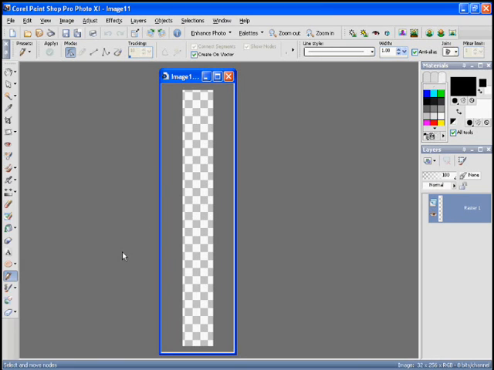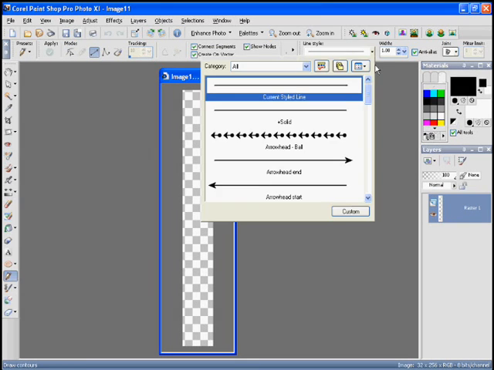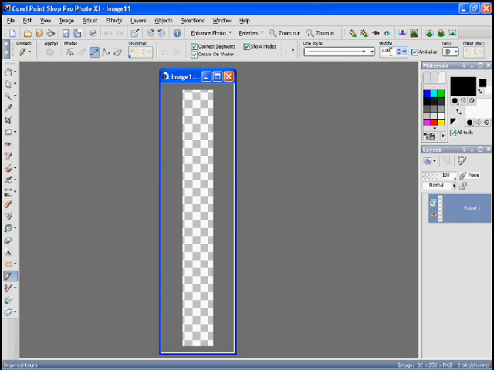What we need, though, to draw the hand, I'm going to use just a simple arrow shape for our hand. So I need to use the pen tool. I'm going to choose the straight line mode. I'm going to change my line style to use an arrow shape, and I'm going to increase the width to 20 so that it's nice and visible. So if I draw that now by dragging from the bottom upwards,